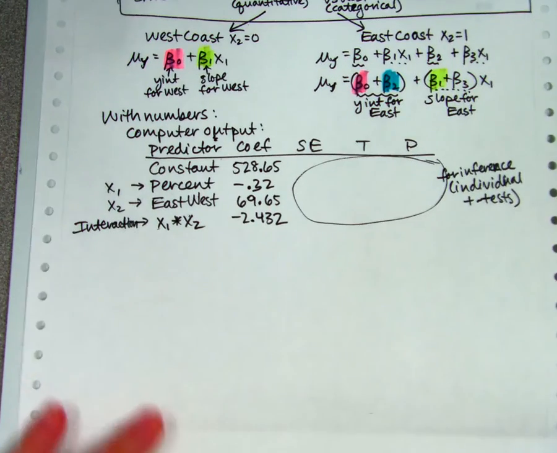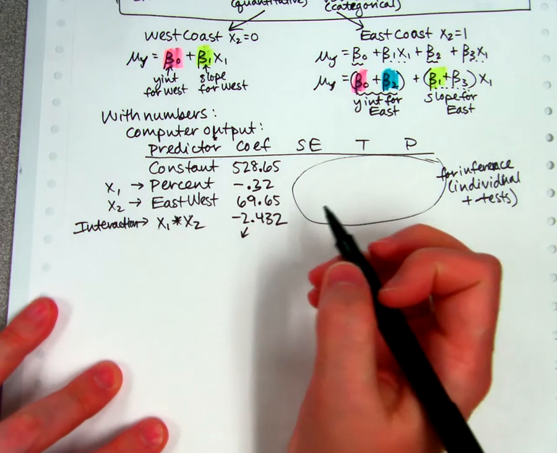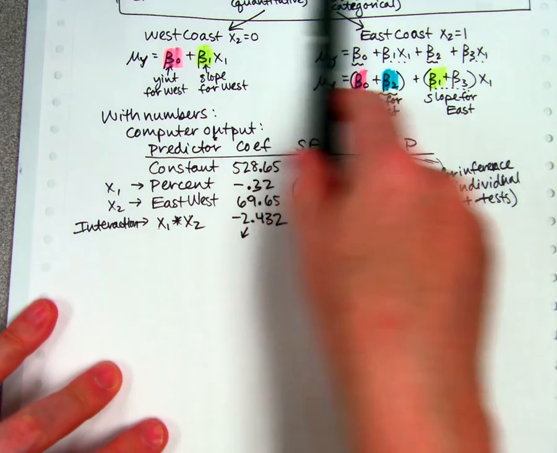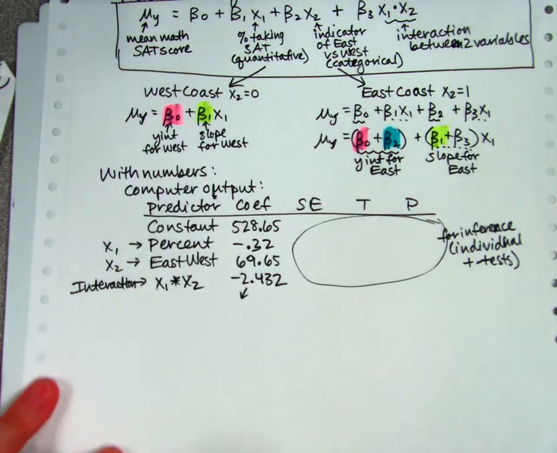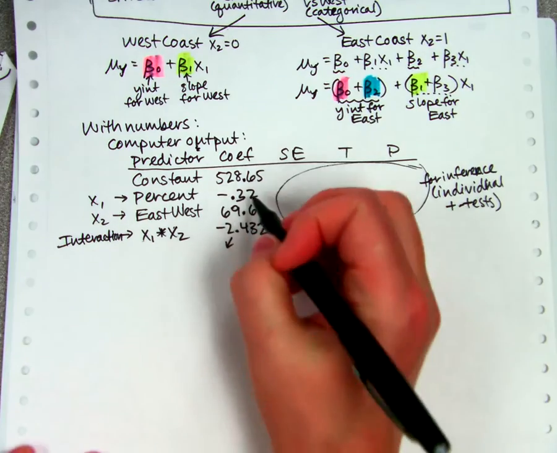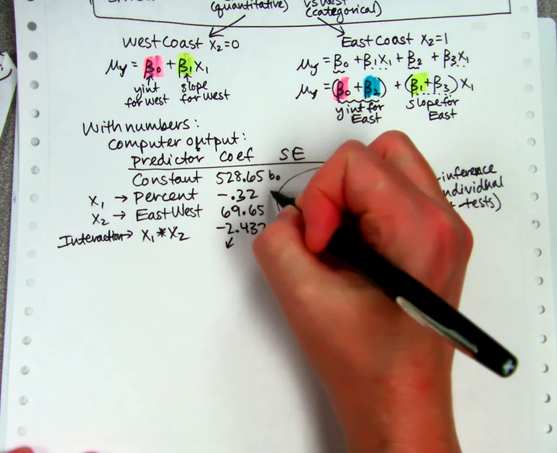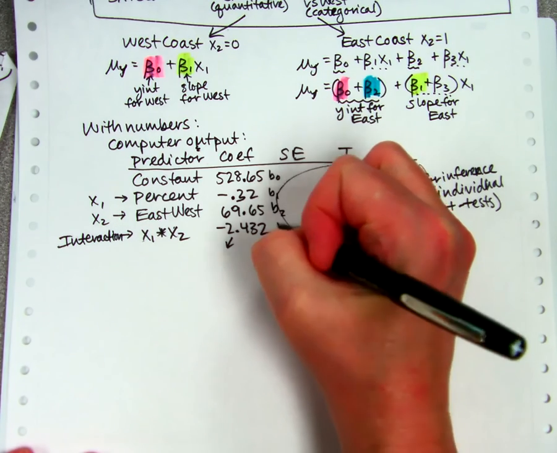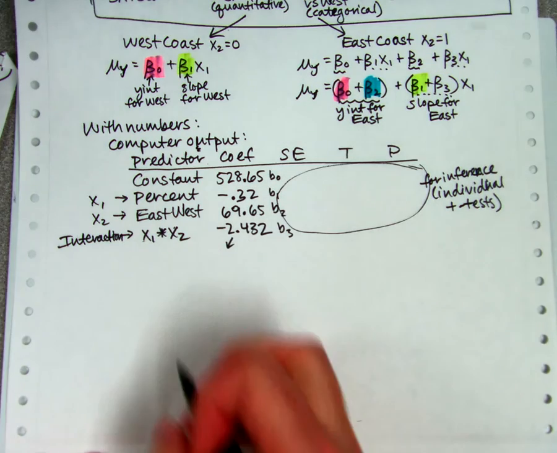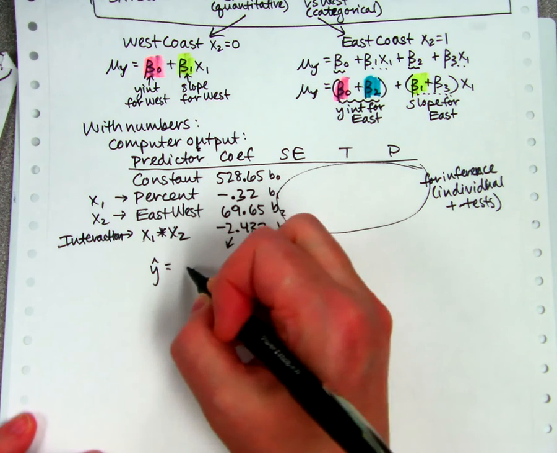You already know how to interpret that, but right now I want to take this and make my equation. And remember that this is the parameters. This is based on the population. Let's do the one that's from the sample because that's what these numbers are. So these are estimates of the betas, and they are called B0, B1, B2, and B3. And we put them all together to make a y-hat equation, which is y-hat is